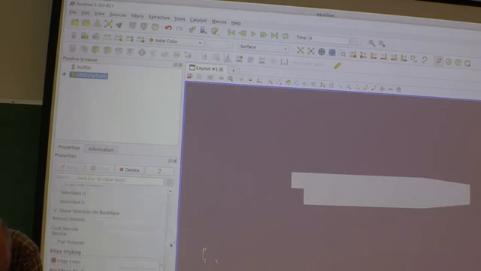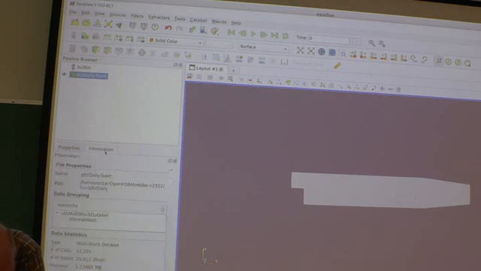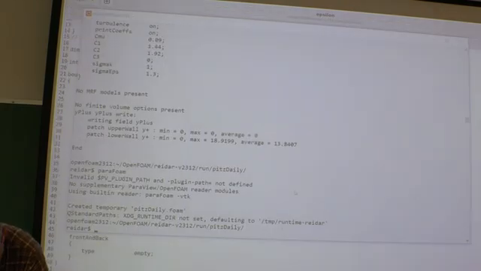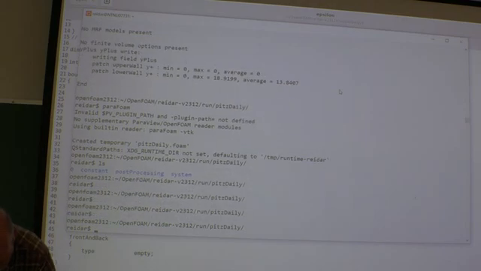Oh, it's gone already. Never mind. Let's have a look. We have to run. I have removed my result folder. Sorry. That's why I got such strange results. Yeah, I forgot to do the simulation.